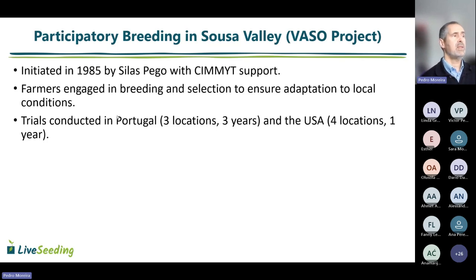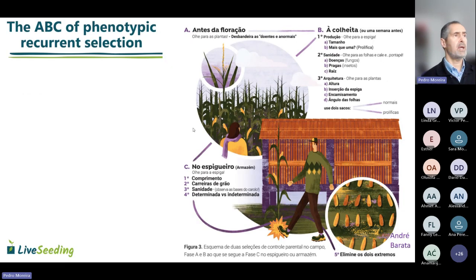Later on, we did some trials in Portugal and the United States to know more about the adaptation of this population. I don't know if you have any help. Please, something this way. Okay, in the selection process,